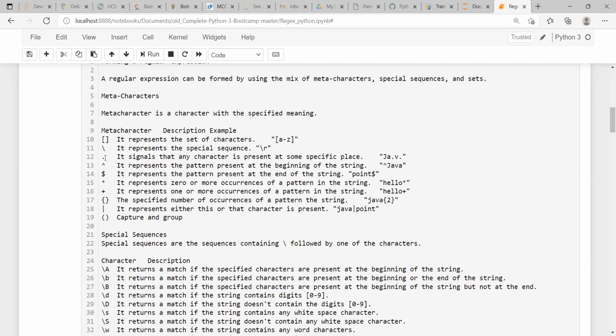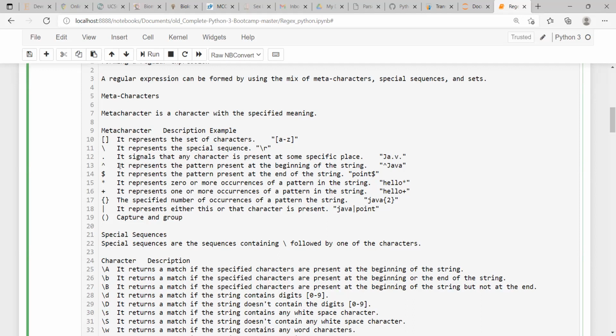For example, this dot signals that any character is present at some specific place. If you write this, this dot represents any character, A, B, C, D, anything might be there. And at the last also, after V, you can see that there might be any kind of character present.